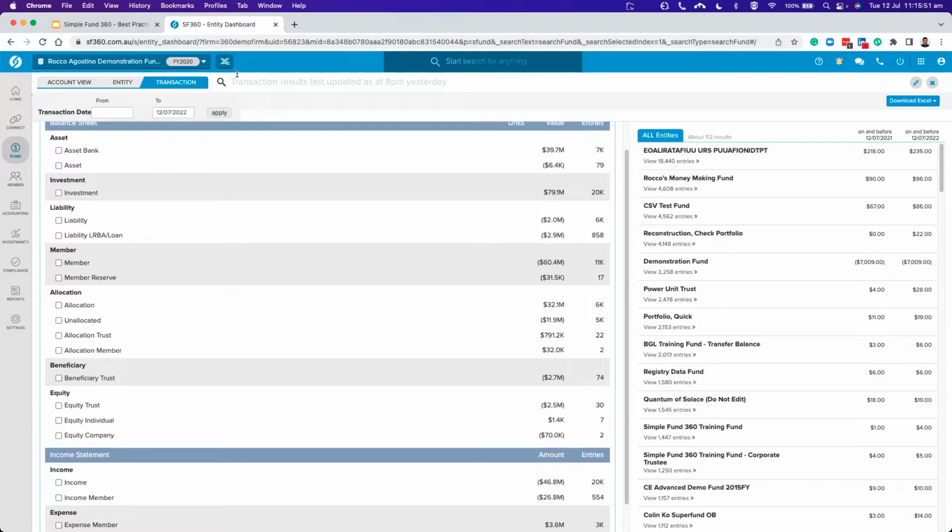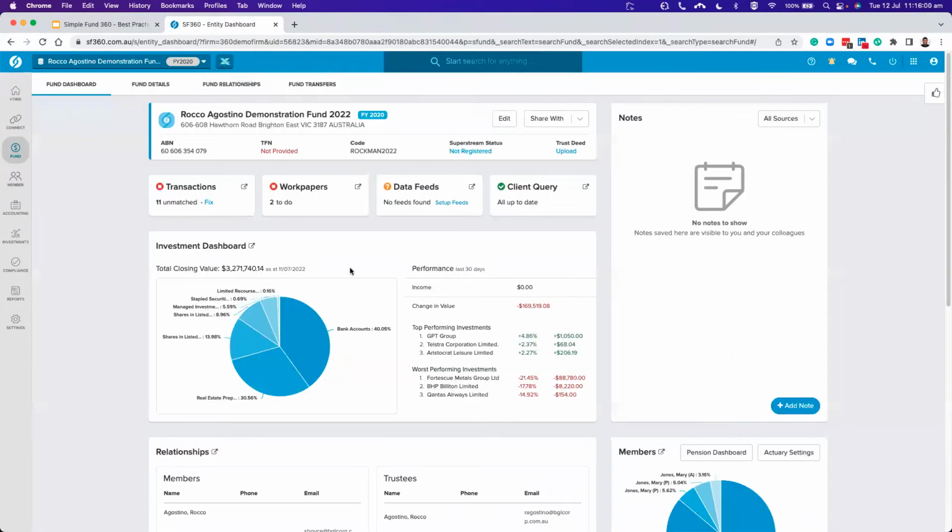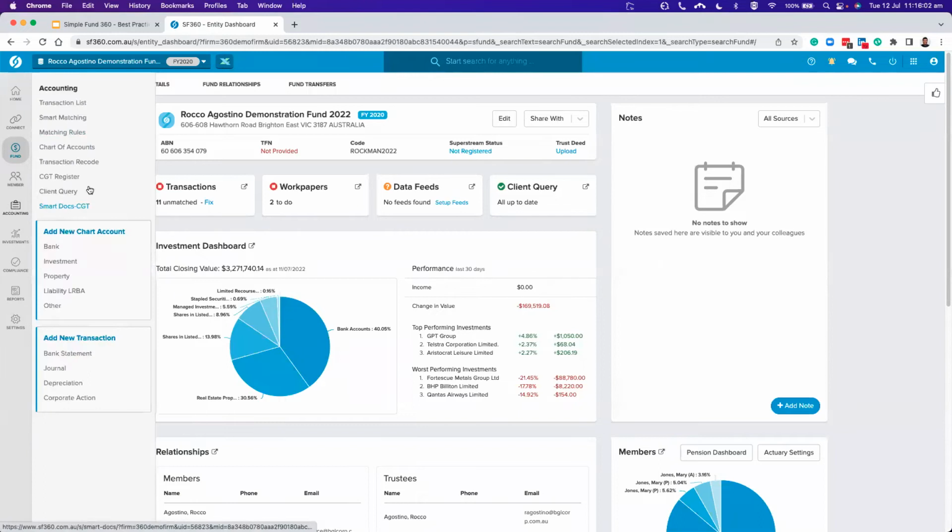So that's just a little bit about the account view and the analytical insights area. And also, by the way, if you do need to exit out of the account view area, all you need to do is just click on it again, and it will take you back into the screen that you were working on before. So as an example, if I'm in the transaction list,